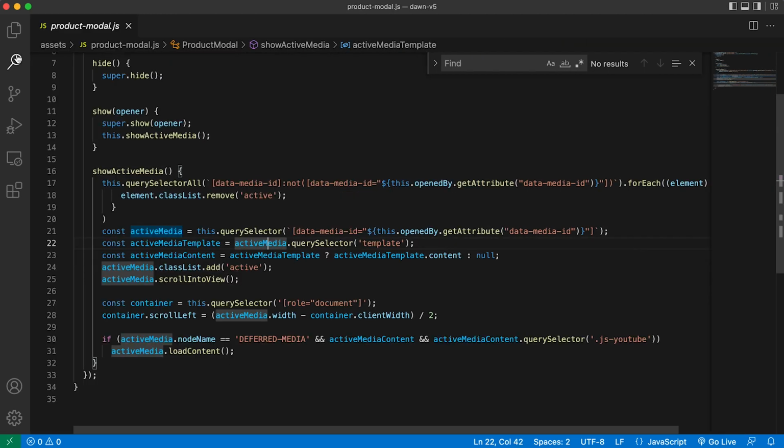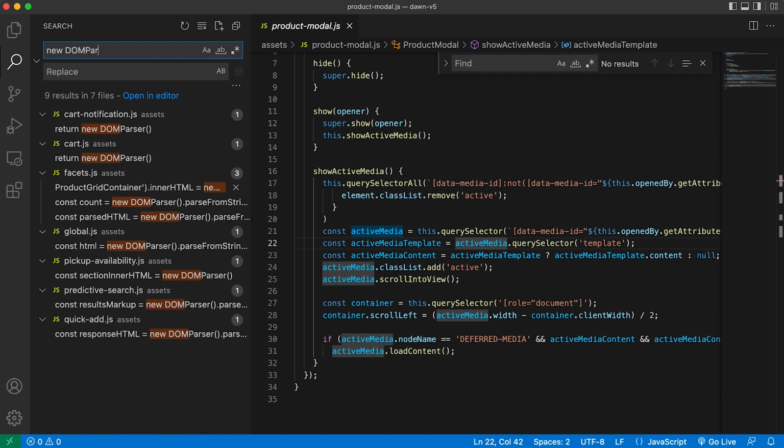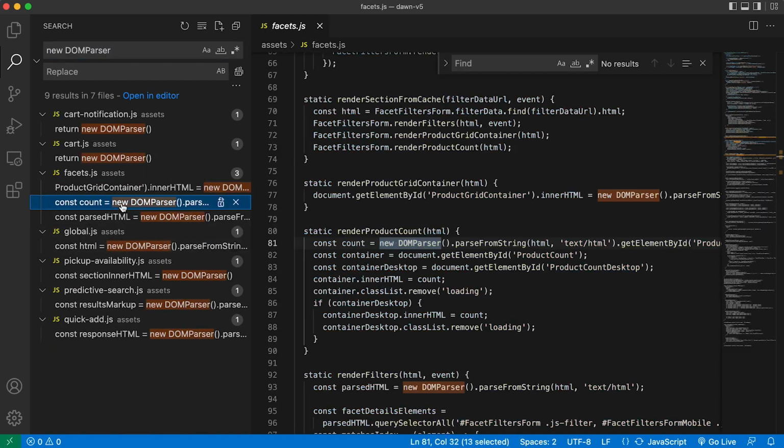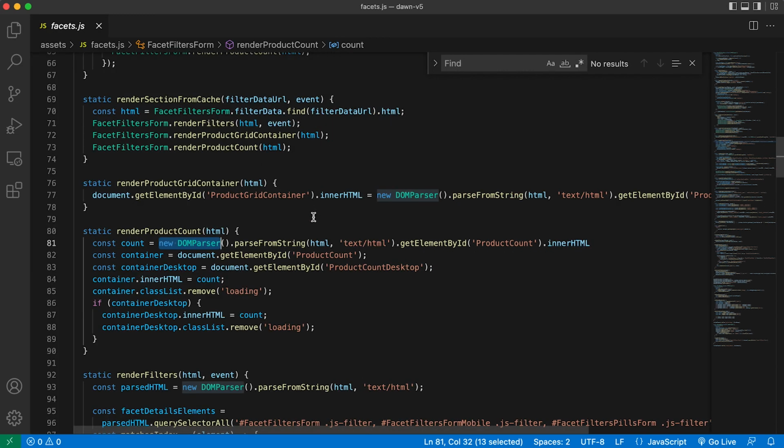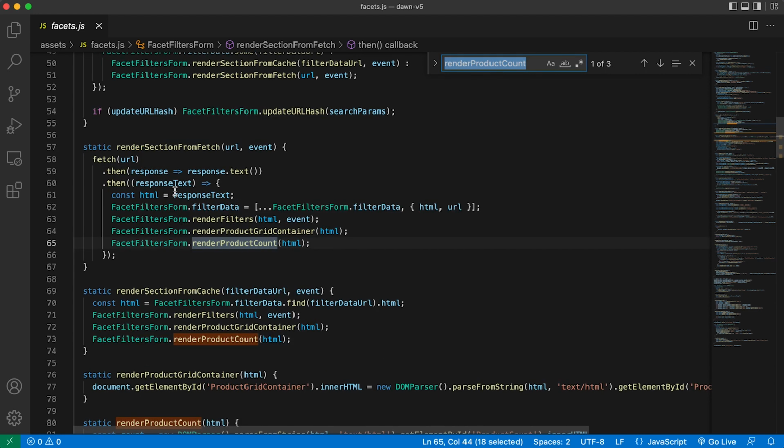So I noticed in the Dawn theme, it uses templates in a few different places, but the other way that web components in Dawn handle HTML is via DOM parser. So if I go and search the code base for new DOM parser, and let's have a look down here at facets and close this down. Here you can see that we've got this function here called render product count. And if I look for where that's called in the code, you can see it comes from a fetch response, and then we grab the HTML from the response and then pass it through to render product count, which if we have a look at,